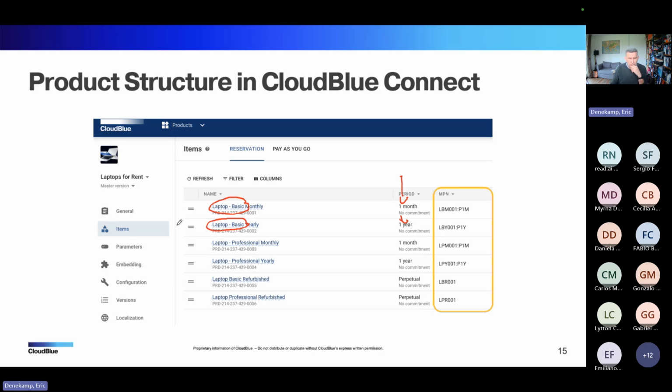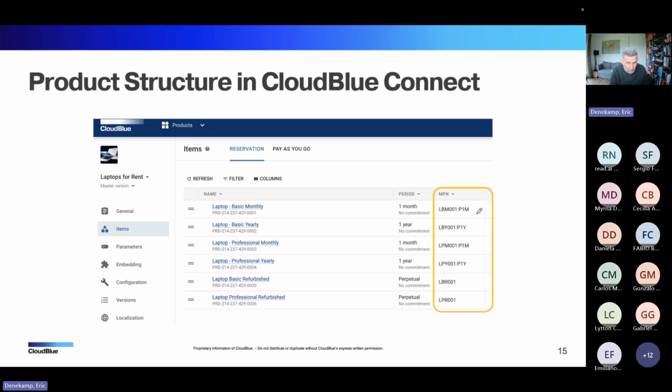And you see already that we did something here, but it's a flat structure. So if on Connect we want to separate out who bought it for a year and who bought the subscription for a month, we have to have those two objects. Whereas, as you know, in Commerce, we don't have a flat structure. You have one service plan, and with that service plan, I can have multiple subscription periods. It's the same plan. The only thing I say is, I want to buy this service plan for a month, for 6 months, or for a year. There's one object only. And that is where we need a conversion.